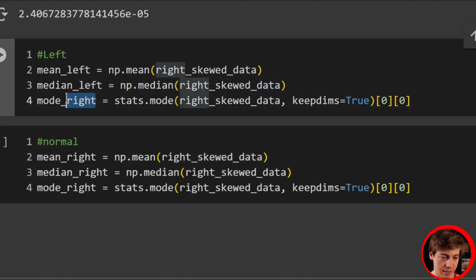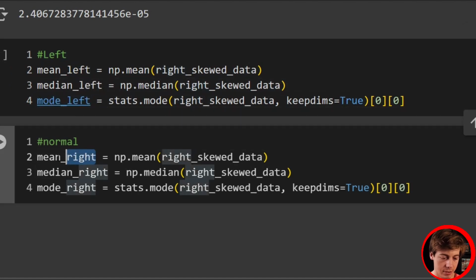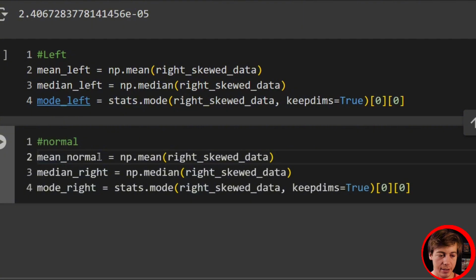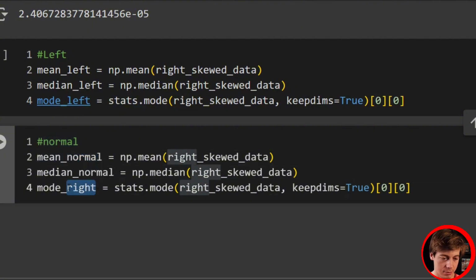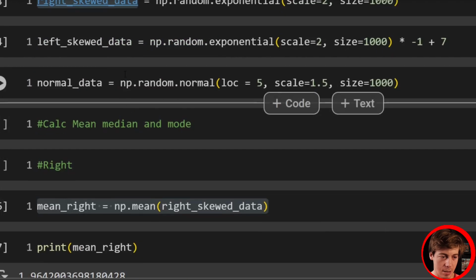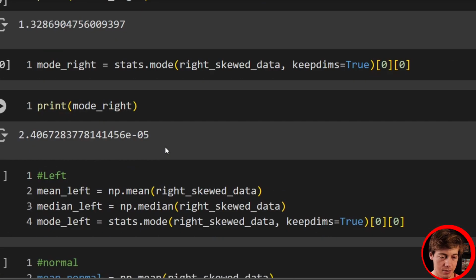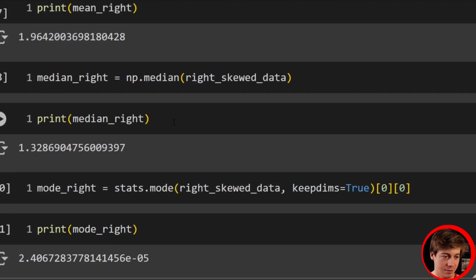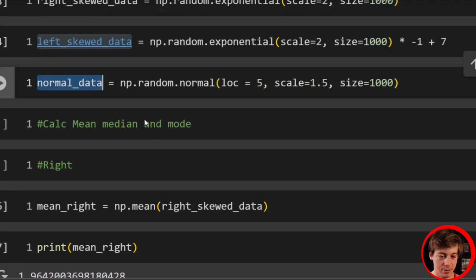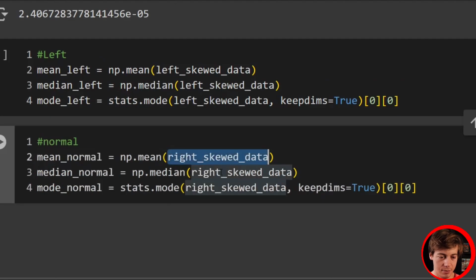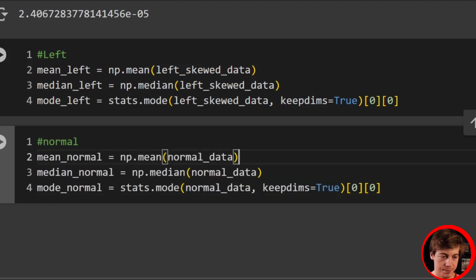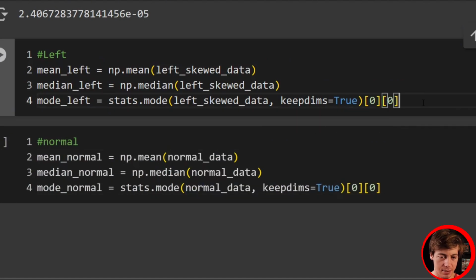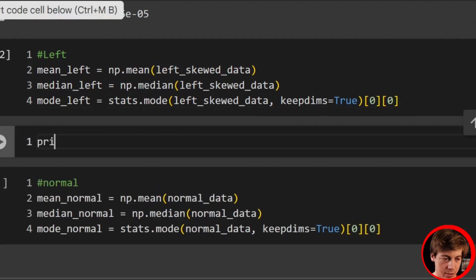And don't worry, we'll be plotting in a minute. So let's just go over here to normal. I'm just showing you really quick how we can find these data points. Normal, normal, and let's grab our left-skewed data. That's the beauty of reusing code. And then our normal data. Great, and we wanted to print these out. So print